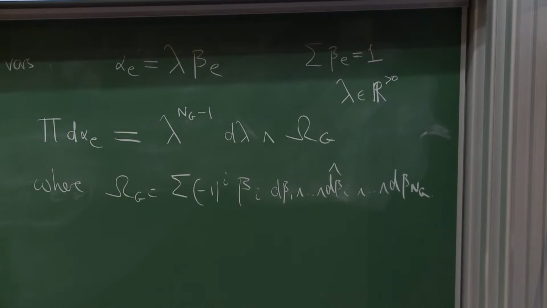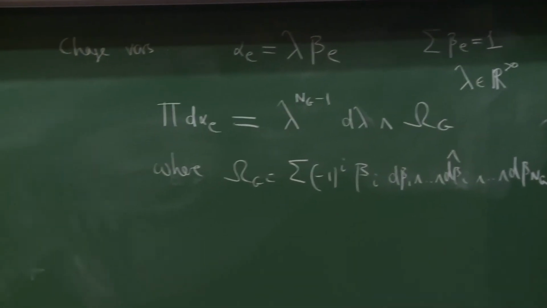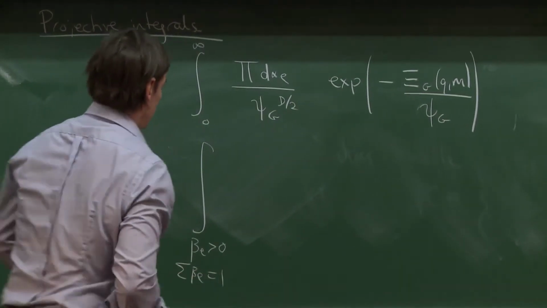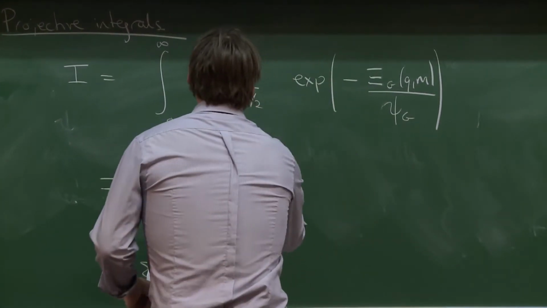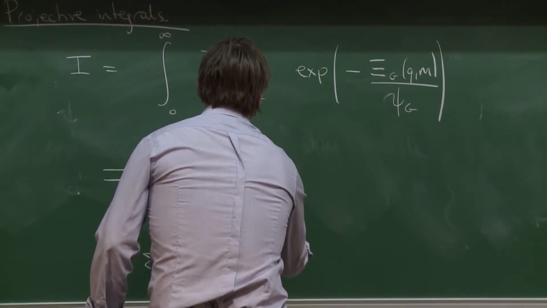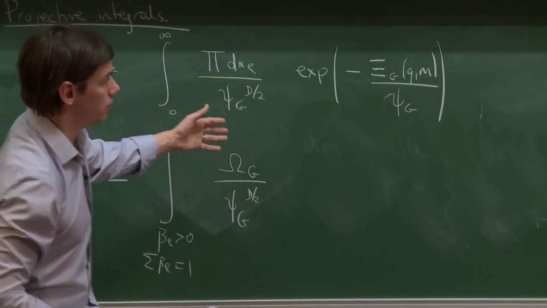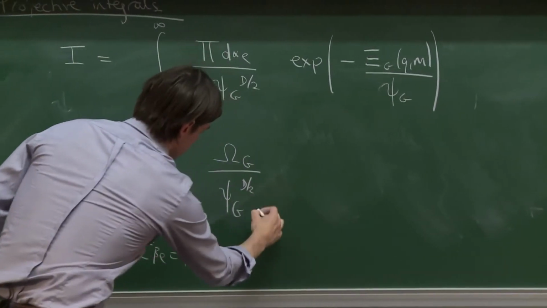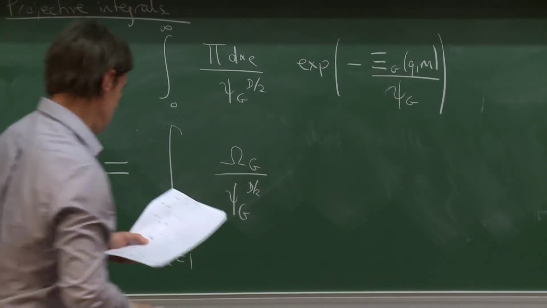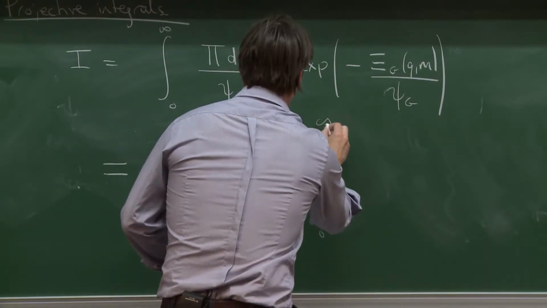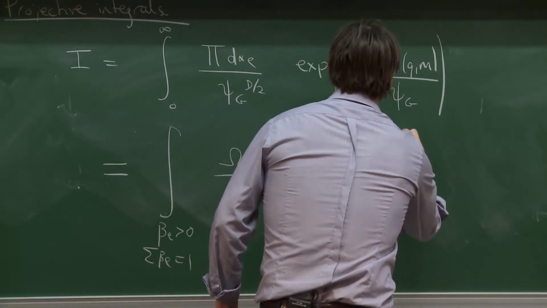And so this can be rewritten in the form where, in the region where the beta is all positive, and of course don't forget that the sum is equal to 1, of omega g over psi g. So now I view psi g as a function of the betas. It's homogeneous. But I'm not going to write beta e in here because it will clutter the integral. So this clearly means it's viewed as a function of the betas instead of the alphas. And here we get e to the minus lambda